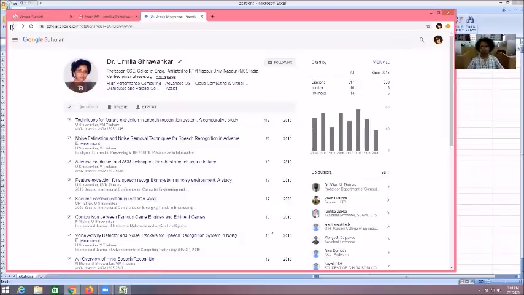Now one more, last but not least, very, very important thing. So many places ask you for the Google Scholar handle. So you can select this particular one, this is my handle. Whenever you click on that link, my profile will automatically open. And you can give that link to someone who is asking for your Google Scholar profile link. I will show you how to link that.